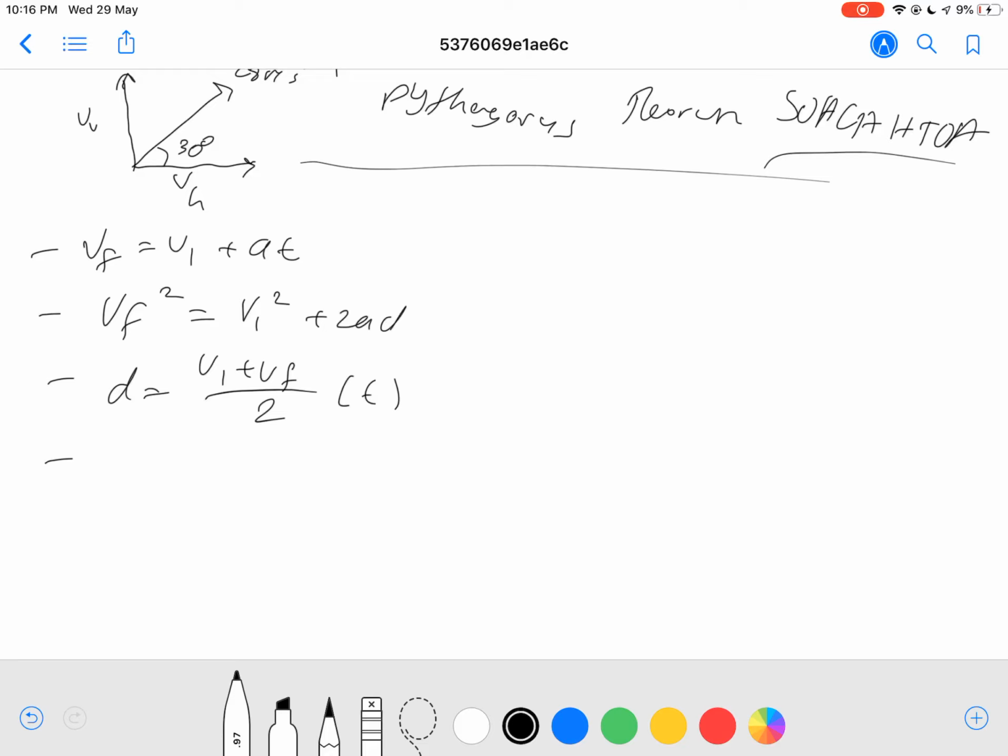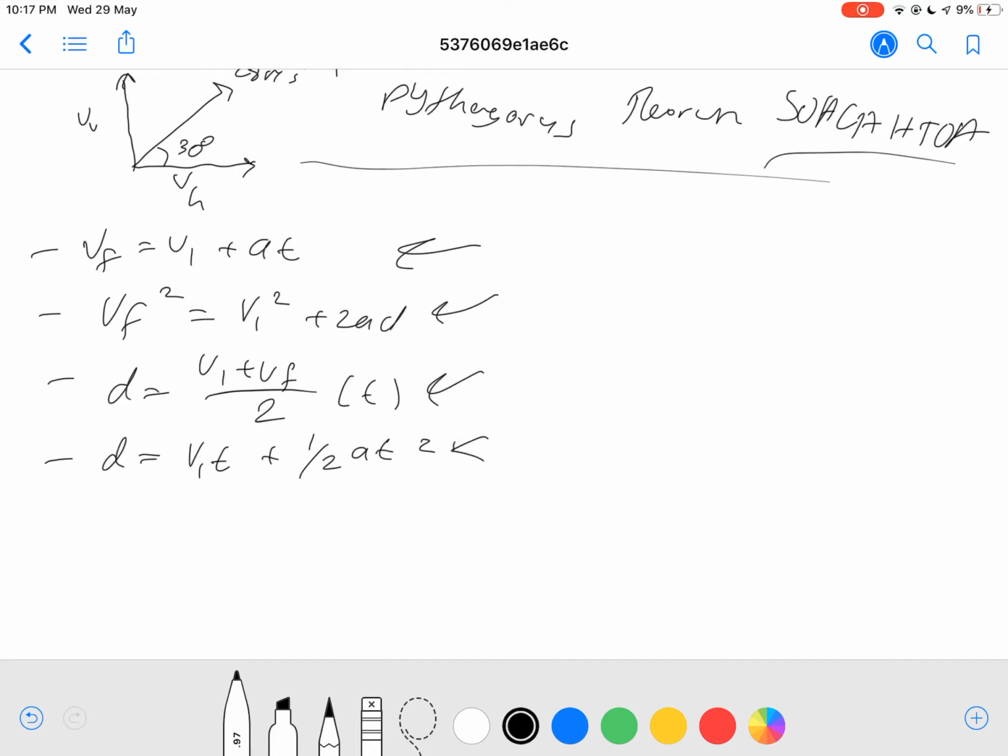And what you also need, you'll need to know d equals initial velocity multiplied by time. Wait, no, sorry, I'm having a mind blank. Let me just double check this formula. It's okay, you'll be given the formulas in the exam, so don't worry about that. Yeah, d equals Vi t plus half a t squared. So you need to be very familiar with these four equations.